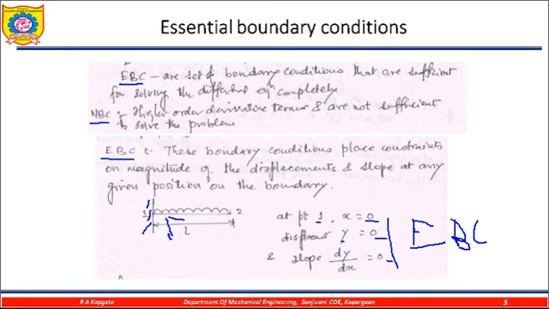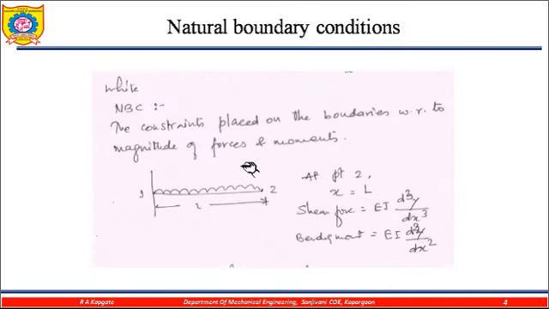Now let us move to the natural boundary condition. These are the constraints placed on the boundaries with respect to the magnitude of the forces and the moments, and that is called the natural boundary condition. Now let us take the point B, at x equal to